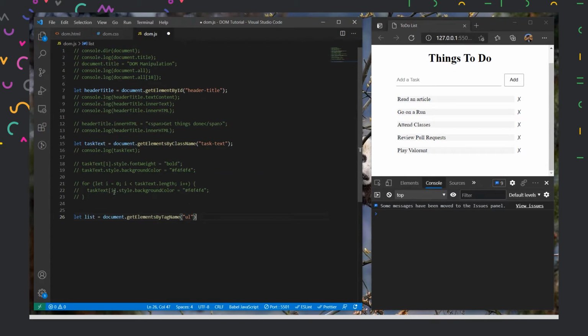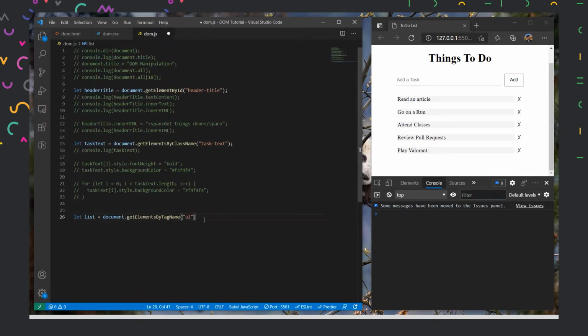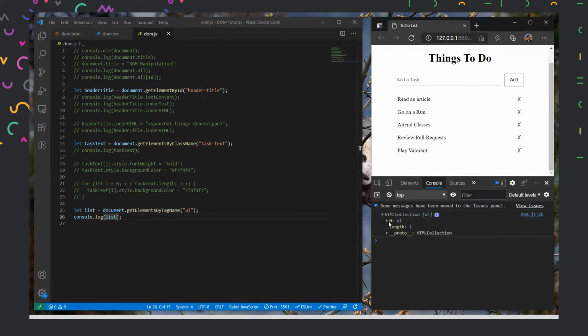Now I could also select the properties inside here, like li over here. Also, to give you an example, first I would like to show you this one. If I console log now, you will see I get an HTML collection where I get only one property with the length of one itself.